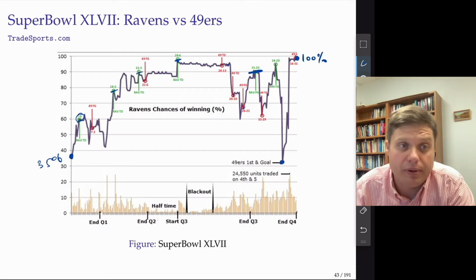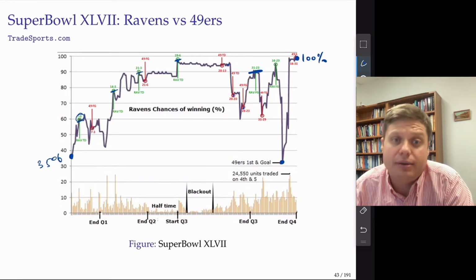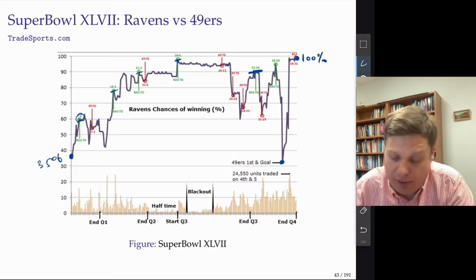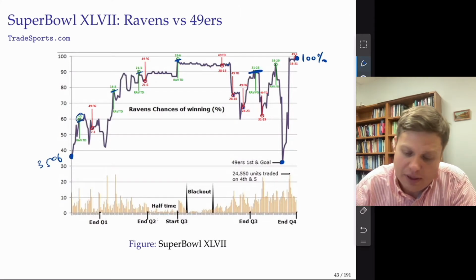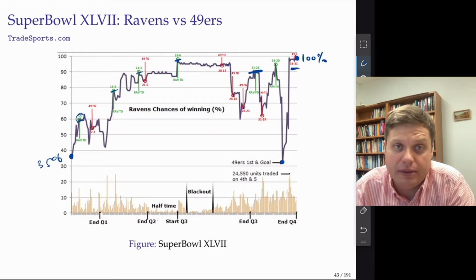It looks like people started hoping that the 49ers could come back in the fourth quarter and actually win the game, and they updated the probability back to 30%. But right before the end of the game, the 49ers never scored again, and the game ended with